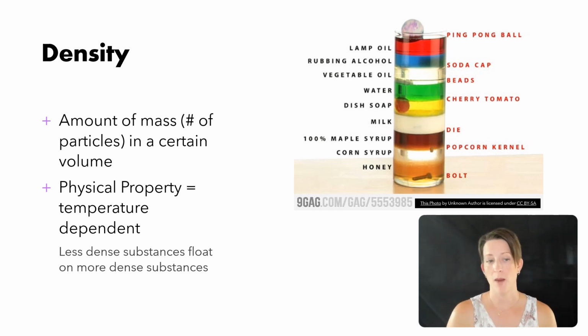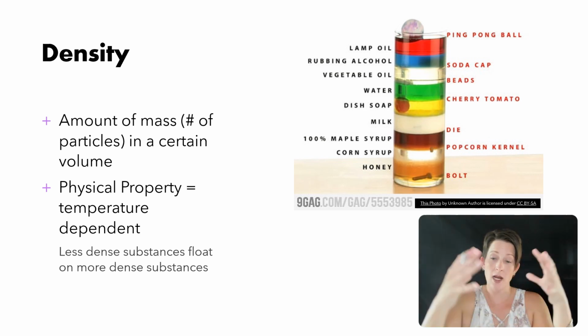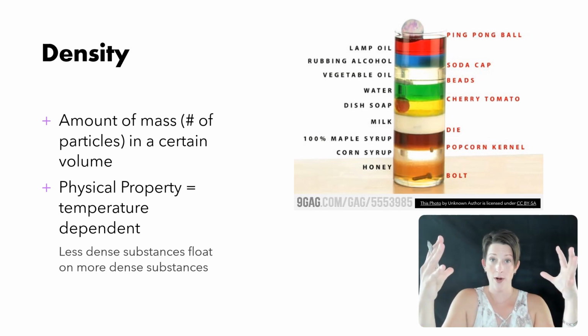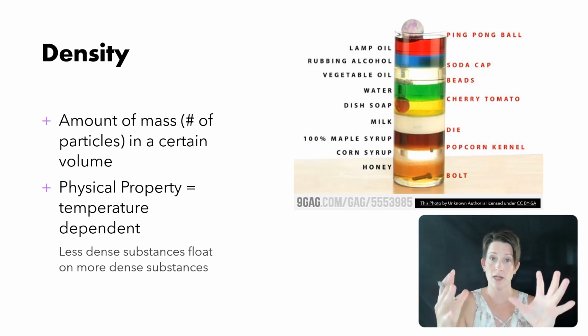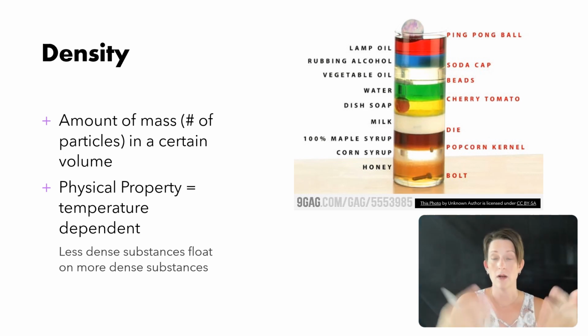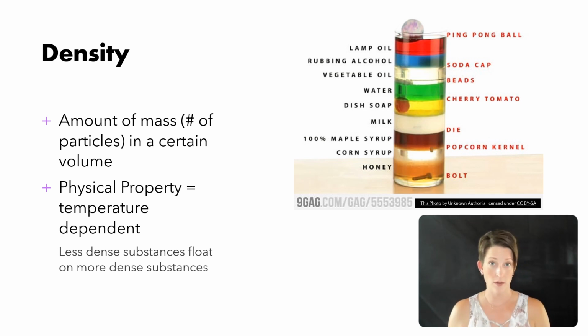This is a physical property and it is temperature dependent because as molecules get colder, they're going to come closer and closer together and become more dense because you have less volume with the same number of particles. Whereas when they start to heat up, they're going to spread apart more. So they're going to increase their volume with the same number of particles, changing their density. Therefore, knowing the temperature at which the density was recorded is essential to understand how that matter is going to